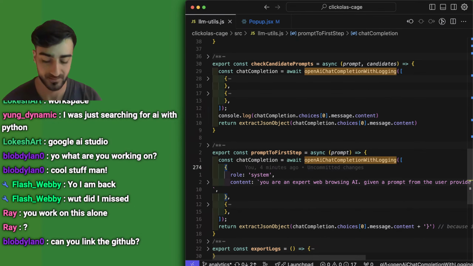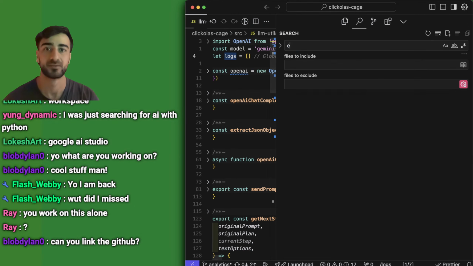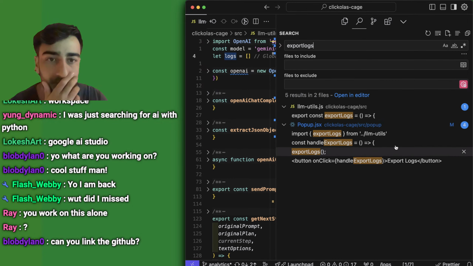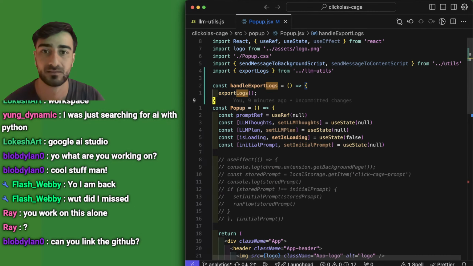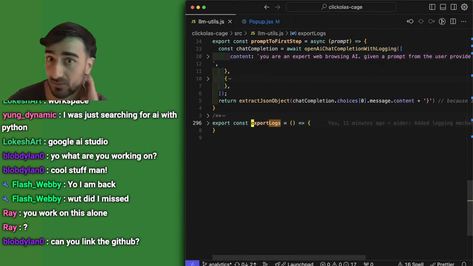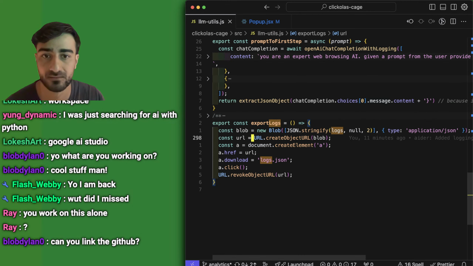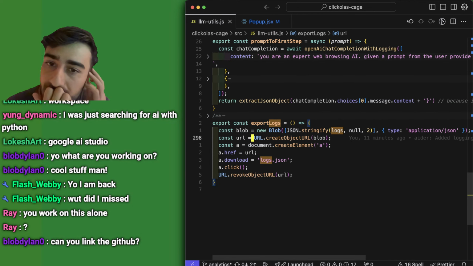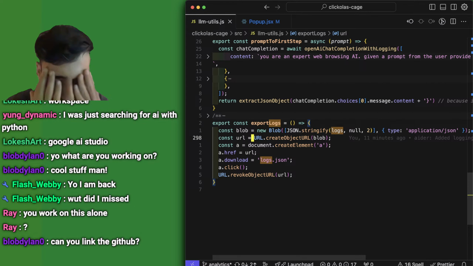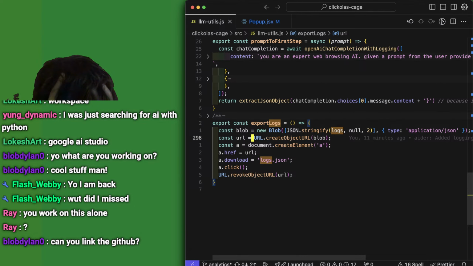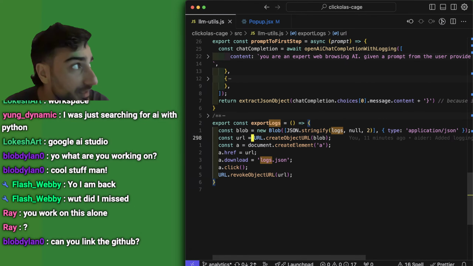Logs. Okay, so the logs are here. Where is export logs? Export logs is in the popup. And it calls LLM utils. Okay. Logs.json. Logs. I'm thinking we might need to change it to be